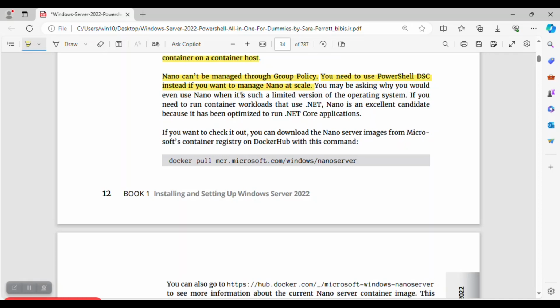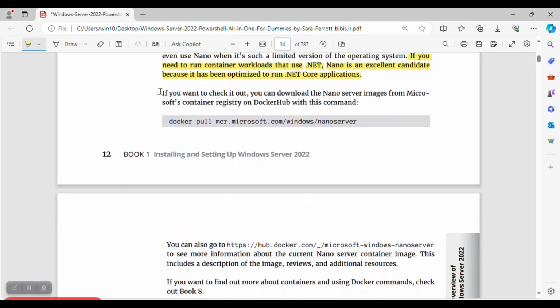You may be asking why you would even use Nano when it's such a limited version of the operating system. If you need to run container workloads that use .NET, Nano is an excellent candidate, because it has been optimized to run .NET Core applications. If you want to check it out, you can download the Nano server images from Microsoft's container registry on Docker Hub with this command. Docker pull